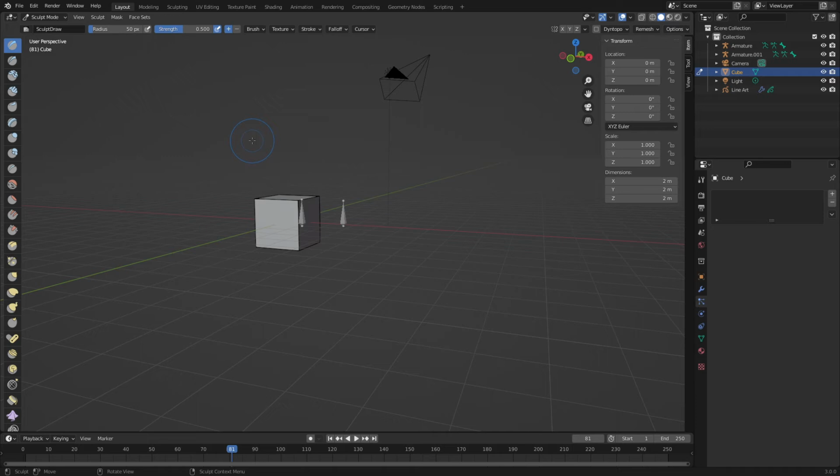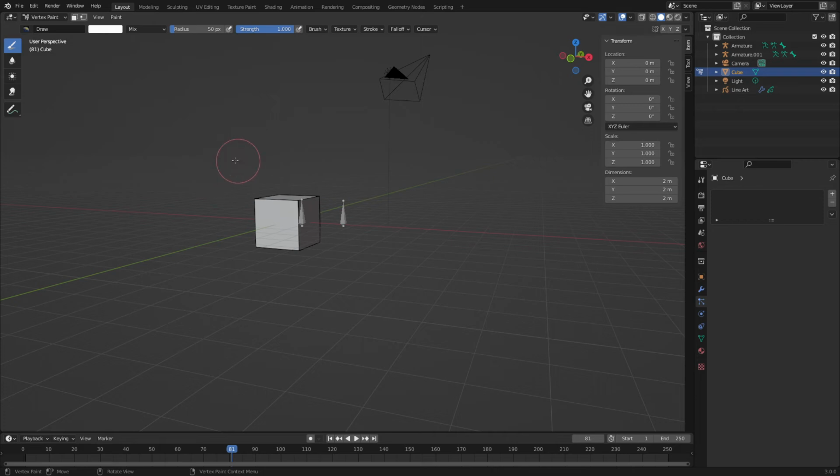Each of these circles indicates radius and strength. Some of the other tools have different markers, although I don't have one off the top of my head right now. In any case,